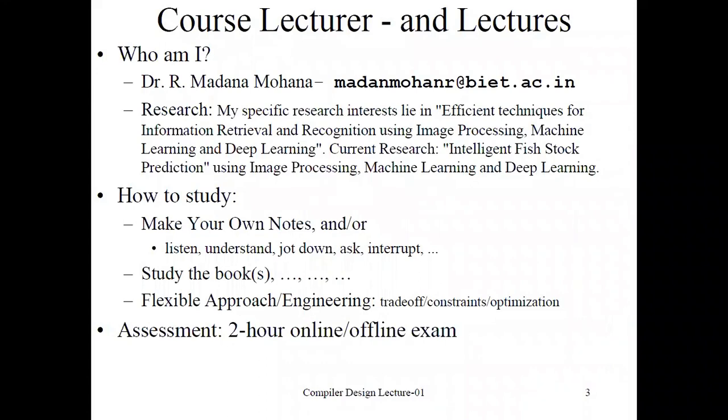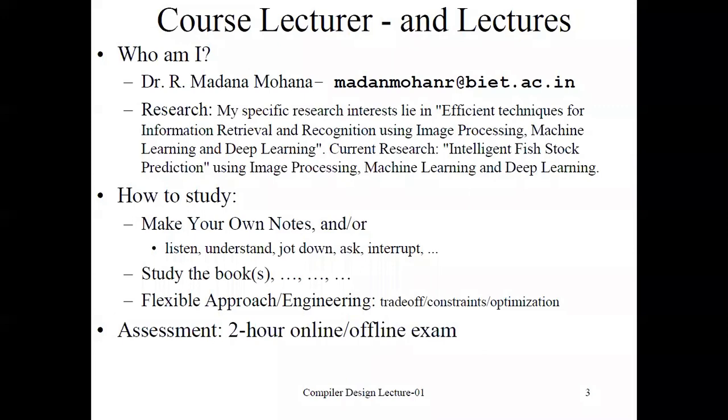Then coming to how to study, what are the tips to study this course? First you have to make your own notes with your understanding. How to make your own notes? By listening, understanding, then asking questions and clarifying doubts, with interruptions, with self-learning also.